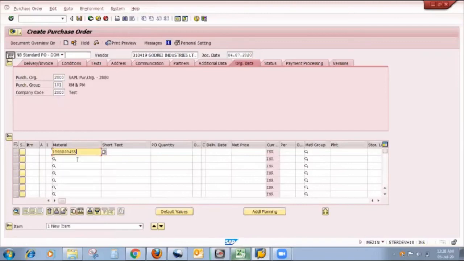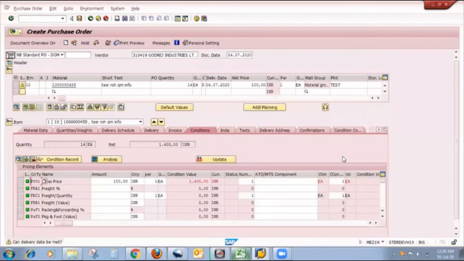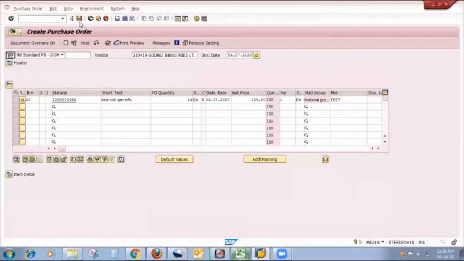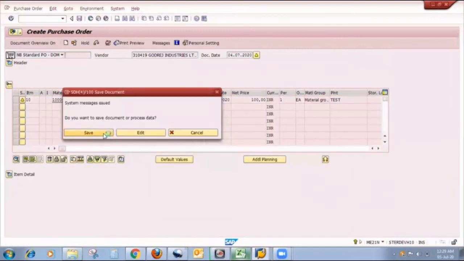Here I properly maintain the material, purchase order quantity, net price, and plant. So friends, no error message comes. So I am saving that particular purchase order.